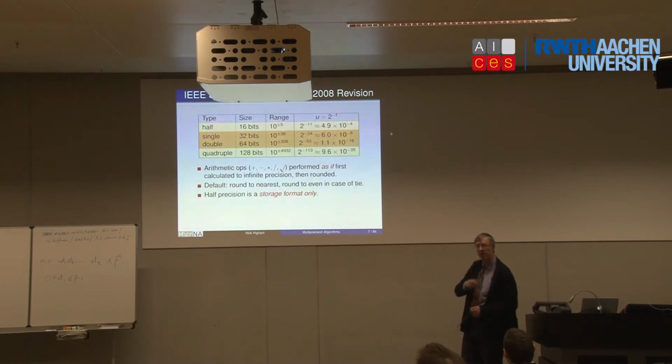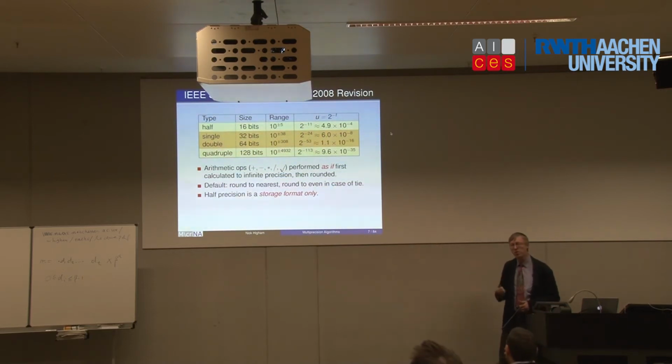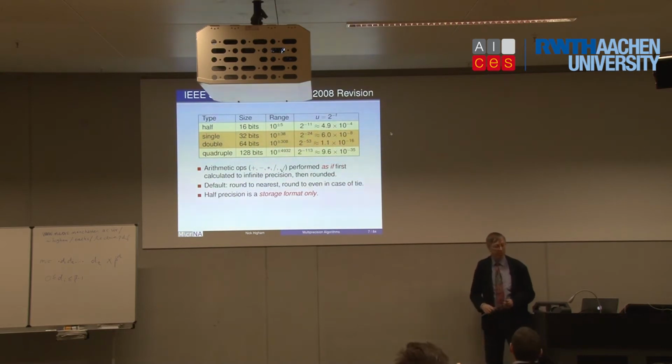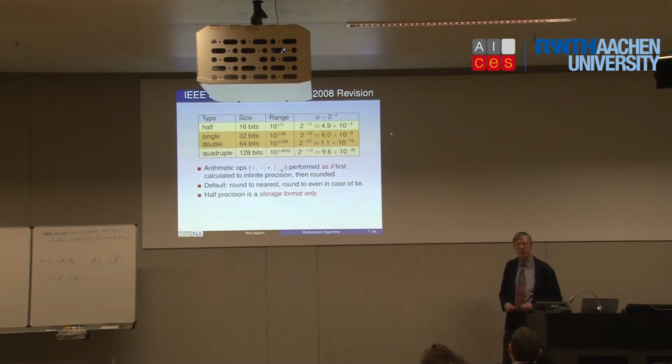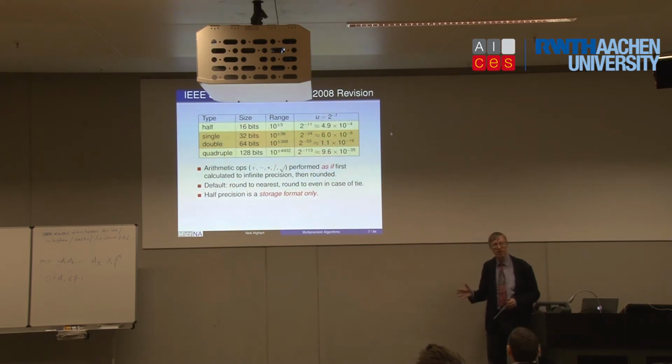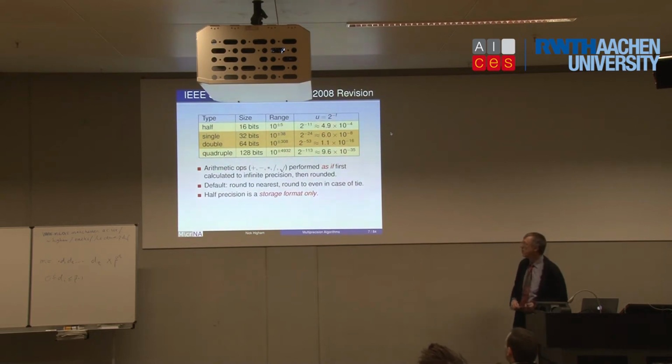If you look in the book that Paula mentioned, I do talk about the arithmetics of the days before 1980, when every manufacturer had their own version of arithmetic. And Cray computers had a not so great version of arithmetic that didn't have a guard digit, and all sorts of weird things could go wrong in the 1970s. A number squared could evaluate to 1, which mathematically is impossible, but there were all sorts of weird things that could happen. So one of the great things about this standard was it made those weird things go away.